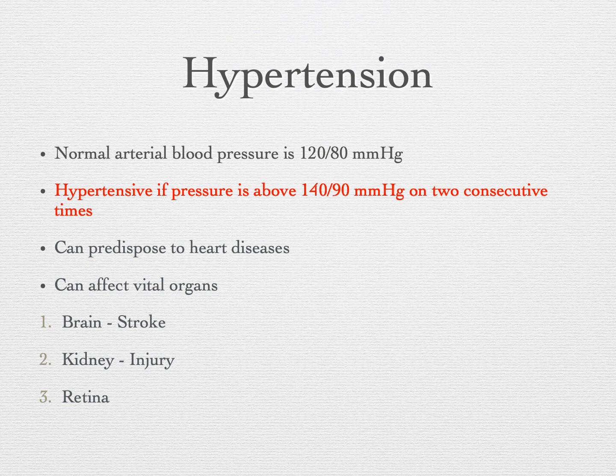In this section, we will be learning about some of the disorders of the circulatory system. The first one being hypertension. So normally the blood exerts a certain pressure on the arteries, and this pressure is equal to 120 by 80 mm of Hg. The 120 here represents the systolic blood pressure,